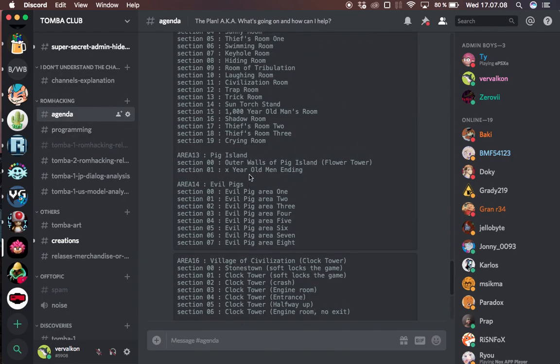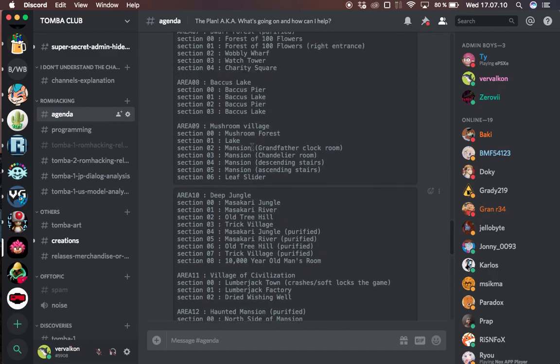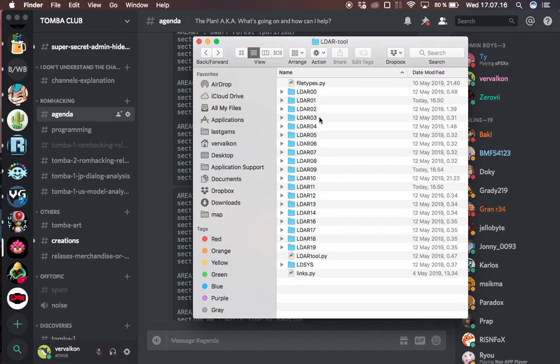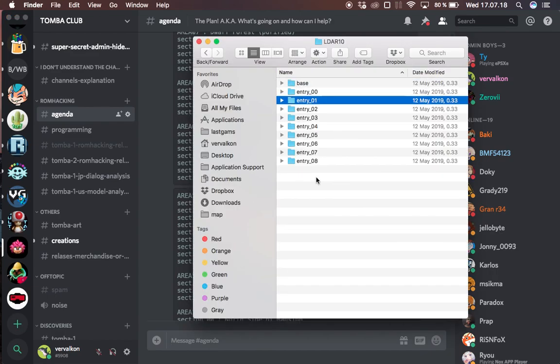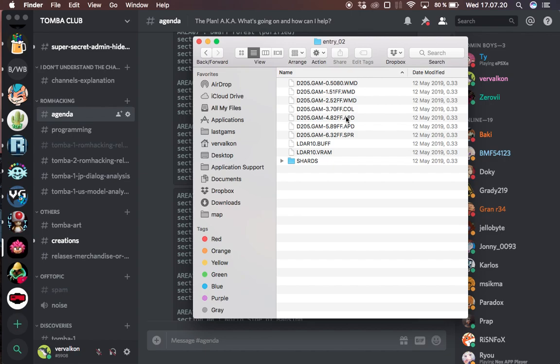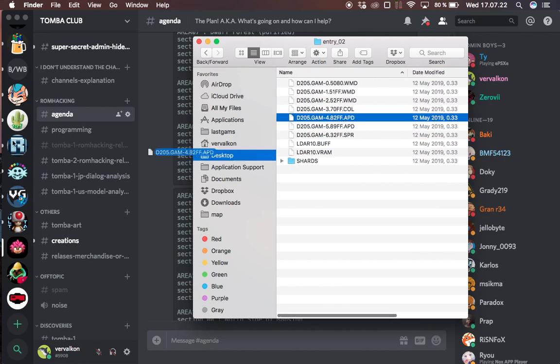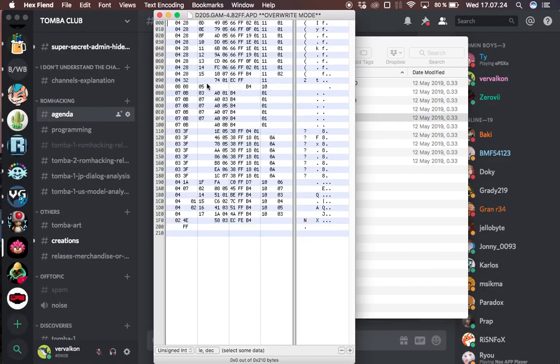Deep jungle. Masakari jungle. All tree hill. 10, 2. 10, 2. APD. Which one was it? I think it was this one. Yeah, this looks better. So the APD,